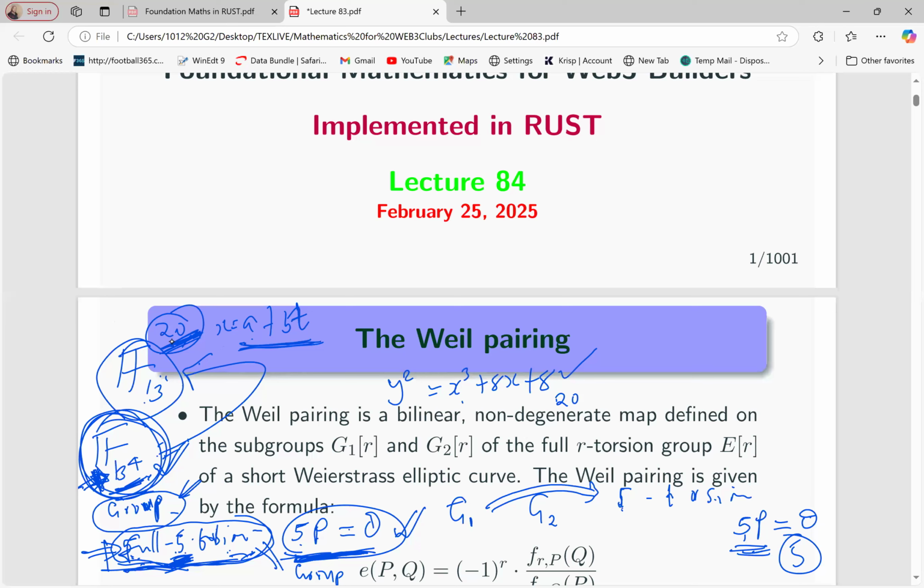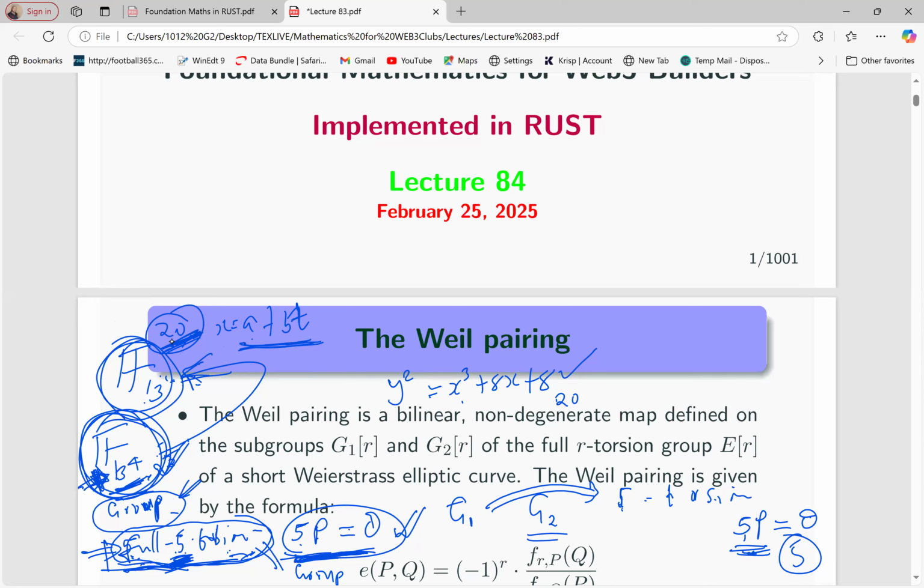When we talk of just the 5 torsion, we are referring to 5 points of the elliptic curve defined on the original field. Of course, they are also here. So there will be 5 of them. So this is what we call group 1. Then group 2